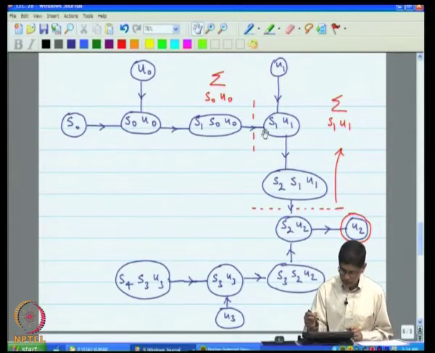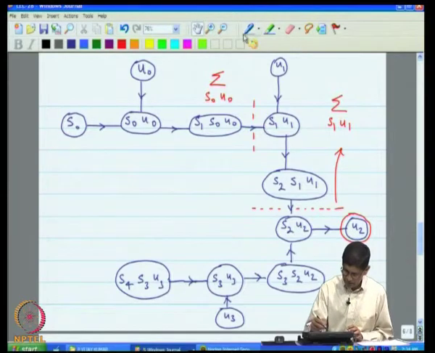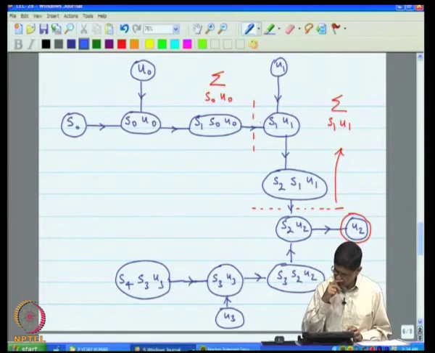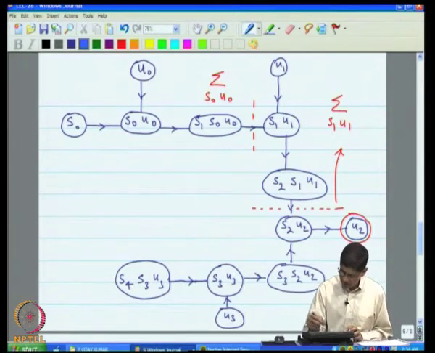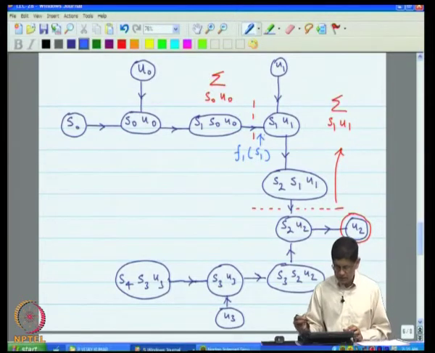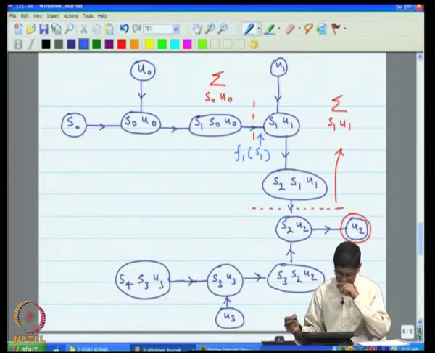So let us say that the function that is appearing here is F1 of S1. Let us call that F1 of S1. This is the message that is being passed along this edge,